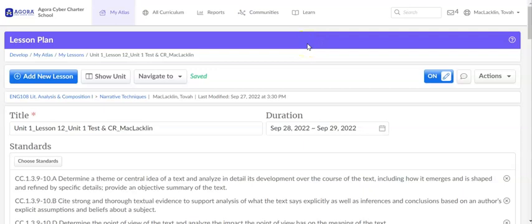Hello everyone, here is a video tutorial for lesson planning in Atlas. We're going to focus on completing the Stage 3 learning plan. And there's two ways we can do this